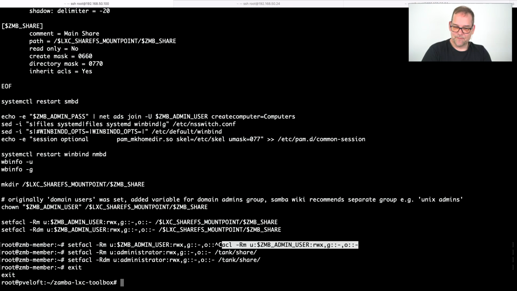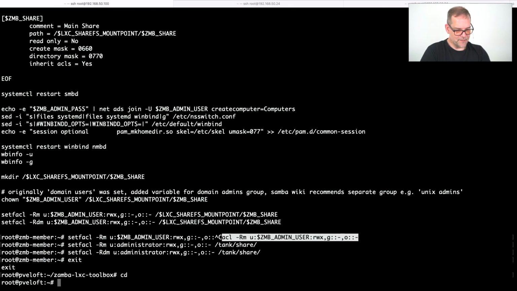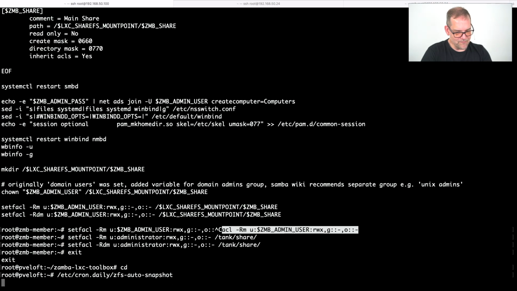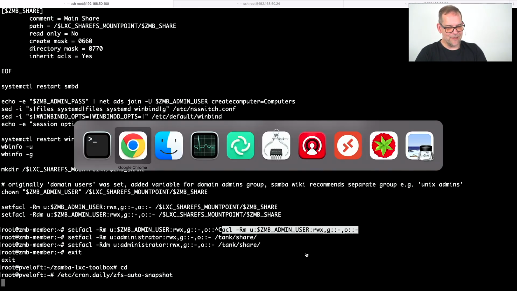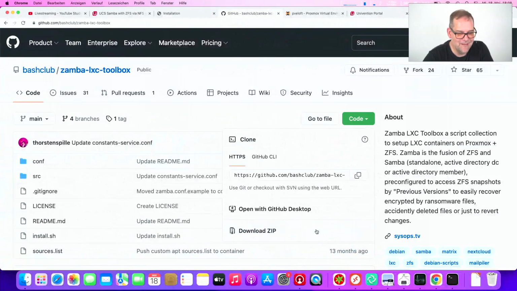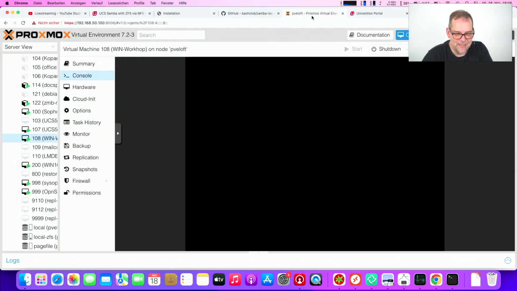What I will do is to demonstrate, I will use the auto snapshots I mentioned earlier in this show, cron daily, because I don't use hourlies on this one. I'm doing a daily snapshot here, and then have a look if it's working or not. Here's our